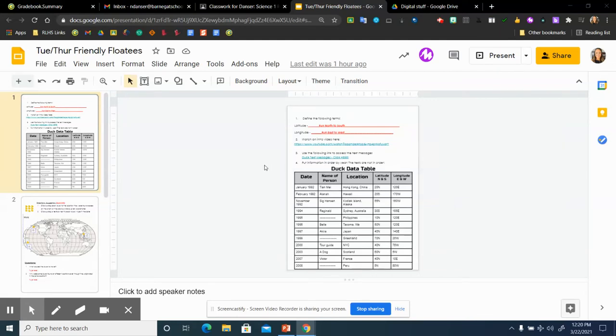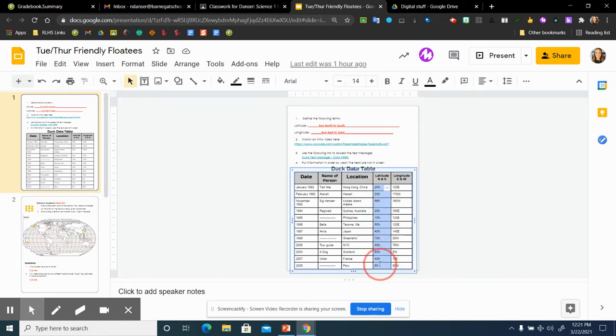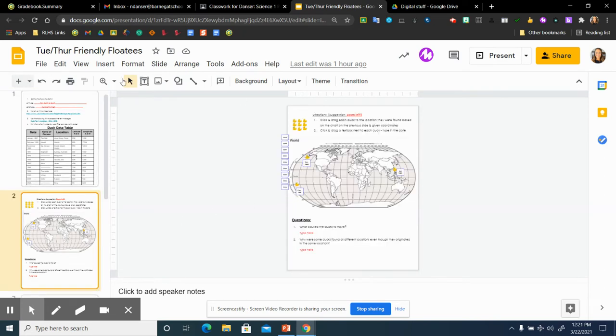Everyone, this is a video to explain how to plot the ducks on the map. What you're going to need is your latitude lines and your longitude lines in order to do this. So that table needs to be filled out with the text message information, and then you're going to scroll to